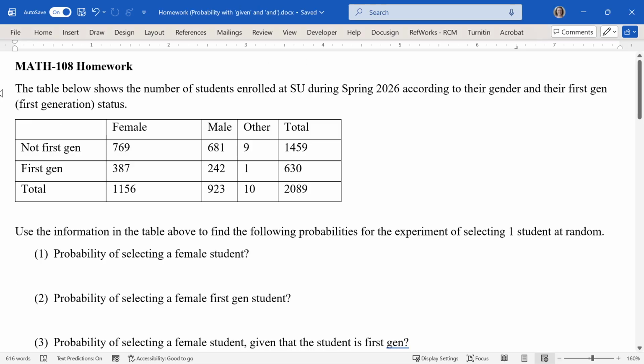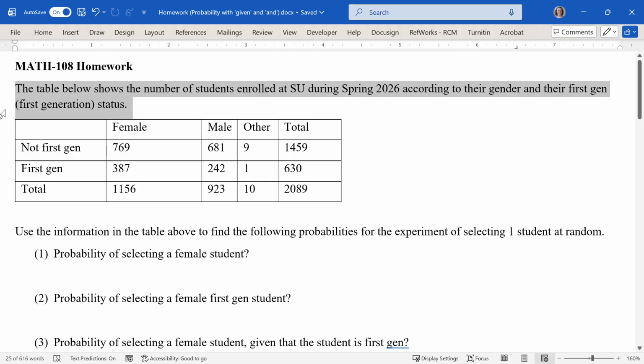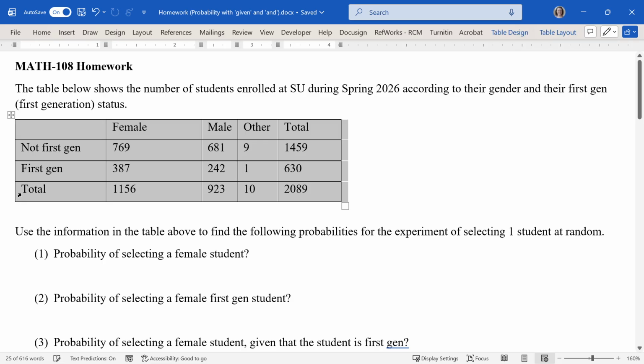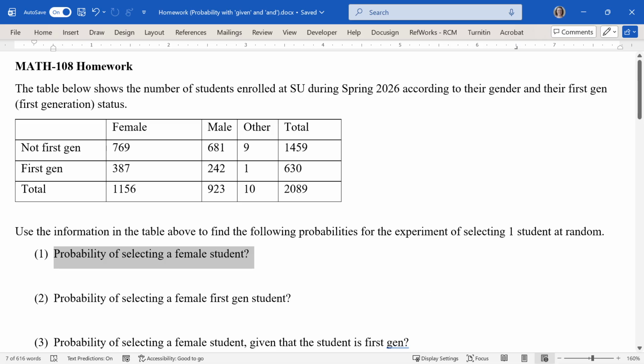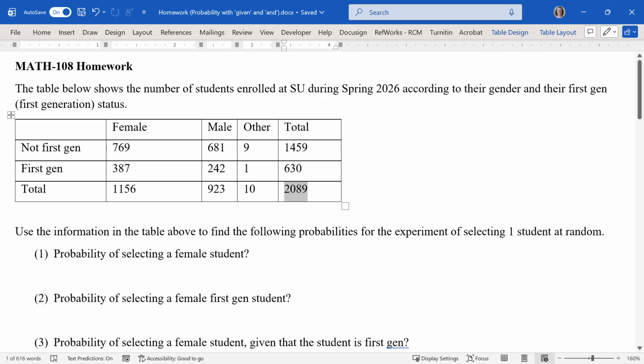We have a table that shows the number of students enrolled at SU during spring 2026. And we have their gender and whether they are a first-gen student or not. First-gen means their parents did not complete college. So use the information in the table above to find the following probabilities for the experiment of selecting one student at random. Okay, so what is the probability that if we randomly select from all 2,089 students that we get